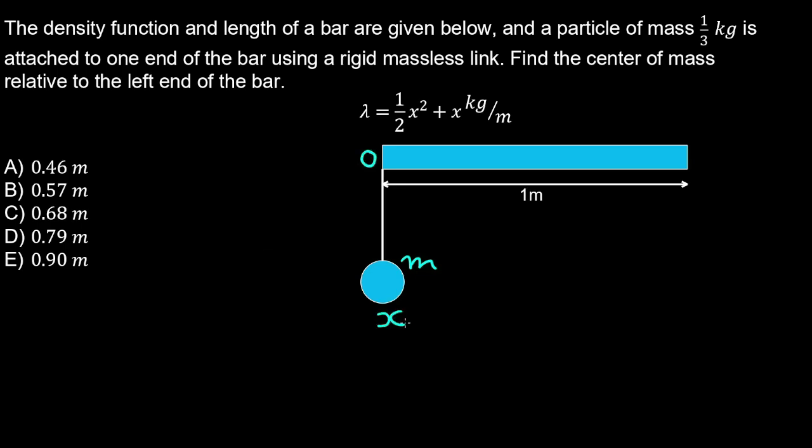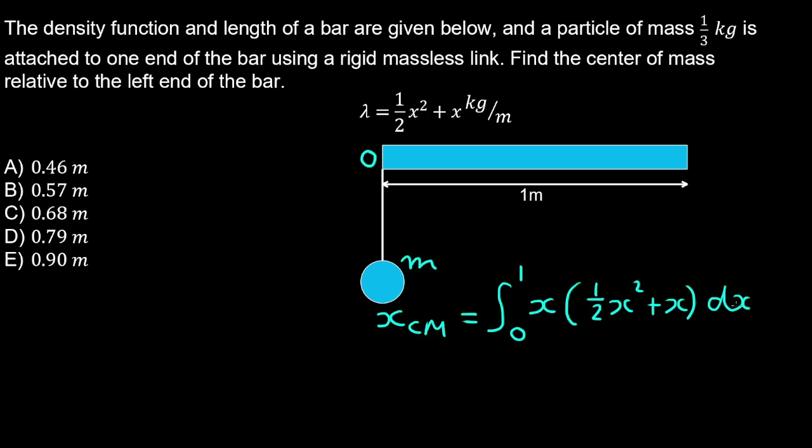So the center of mass is the integral over the length of the bar, and we integrate x by the linear density, which is 1/2 x squared plus x, over x, and plus the mass of the particle by 0. And that's divided by the mass of the particle